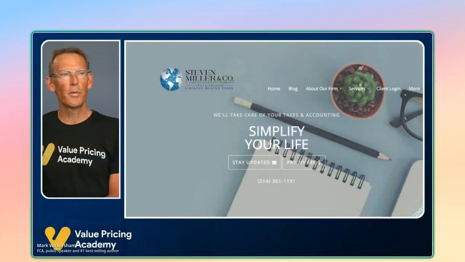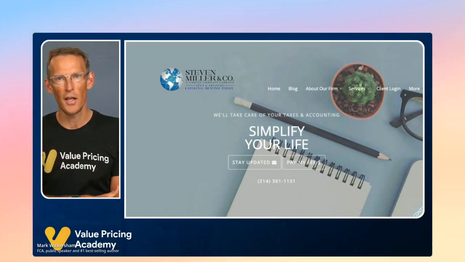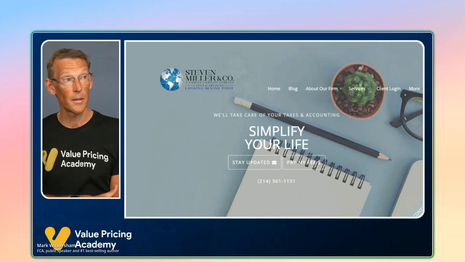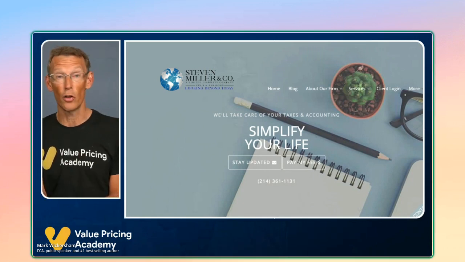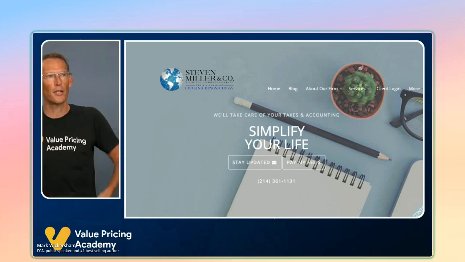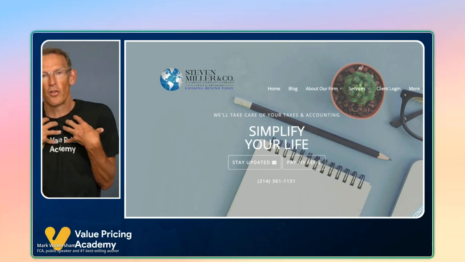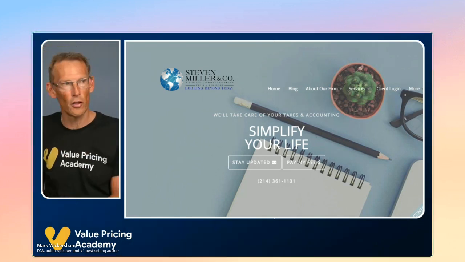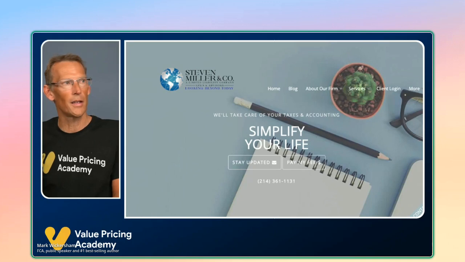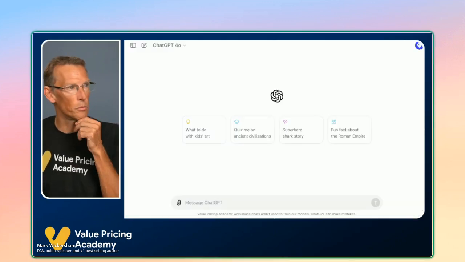So I'm going to use for this first prompt an example. I went and grabbed the website of a random firm of accountants in the US. I don't know if you're here or not. I just went to the Google search, picked a random firm. So imagine this is my firm and I want to create an onboarding process. So I grabbed the link to this particular website. You would perhaps use your own.